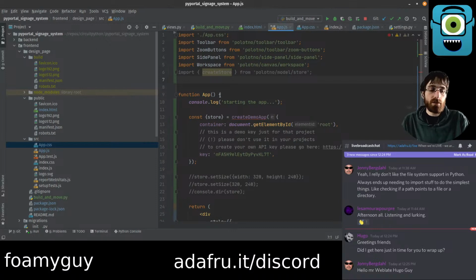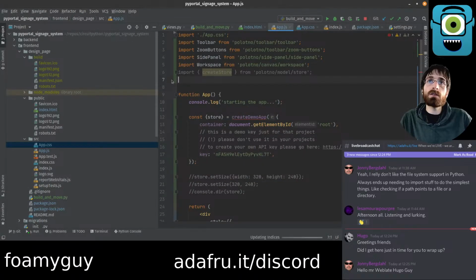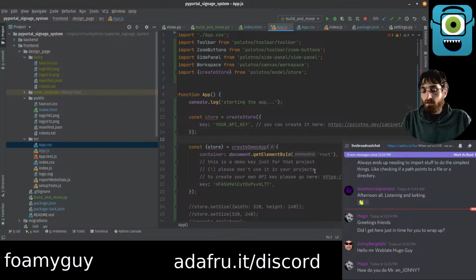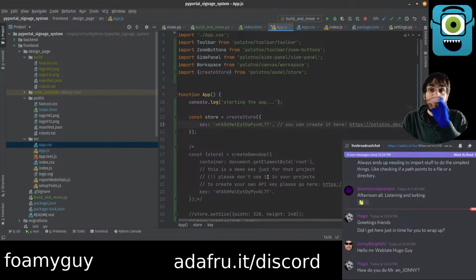We're gonna get create store, and we want to call create store this. Let's go again. You know, it's gonna get ugly, but we're gonna keep all this around just in case. Might switch back to it or copy some more stuff from it. I'll just keep using this key. There'd be an easy way for me to